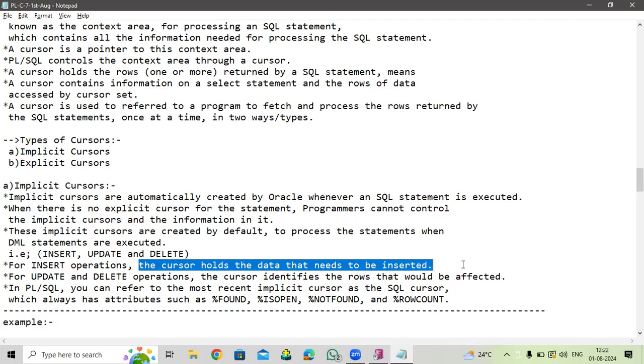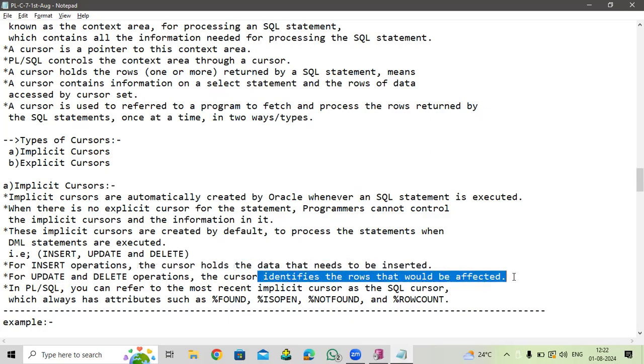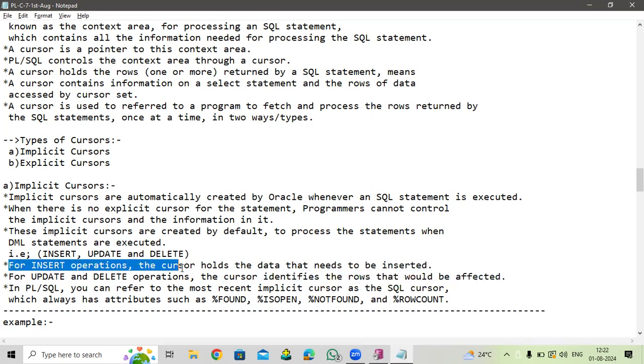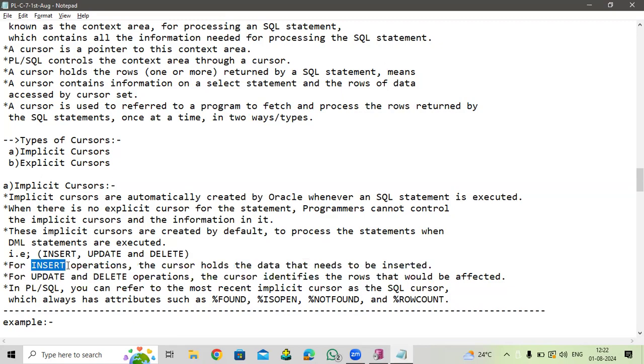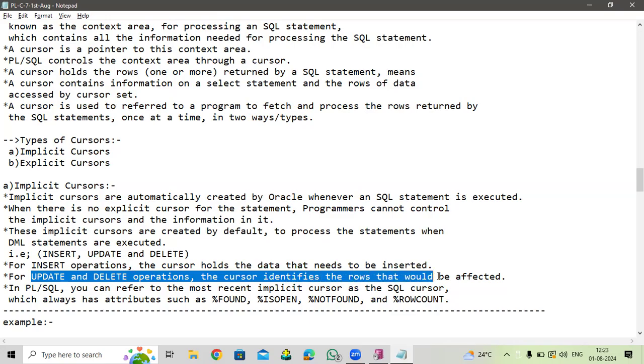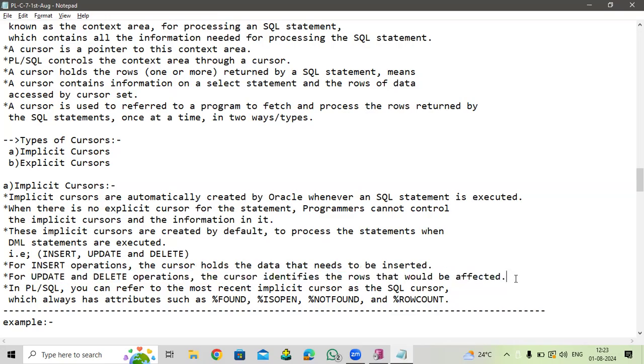If I'm using update and delete, the cursor identifies the rows that would be affected. I'll repeat again. For insert operations, the cursor holds the data that needs to be inserted. If I'm using an insert statement, the insert operation holds the data that needs to be inserted in the current, particular table. For update and delete operations, the cursor identifies the rows that would be affected, which means